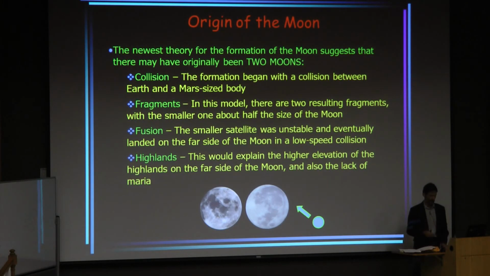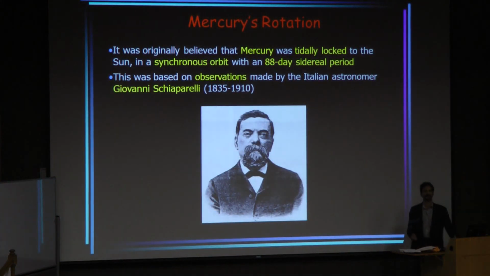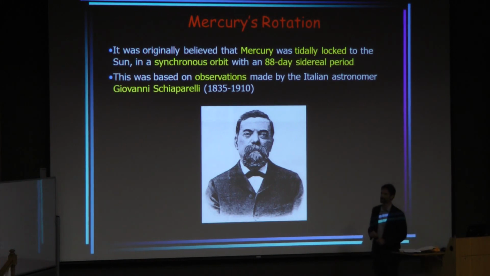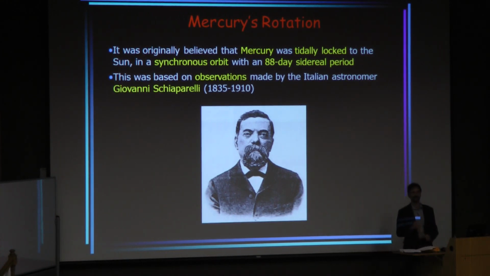So this is something that probably could be further explored if we're ever able to go to the far side of the moon with manned expeditions. We don't tend to think about sending manned expeditions to the far side of the moon, because we want to stay in direct contact with astronauts, and you're not going to do that if they're on the far side of the moon, right? You can't send a radio signal through the moon's body. So that's why we've always tended to send manned missions to the near side of the moon. So it'll be a while before we actually explore the far side, but we can do that using satellites to remain